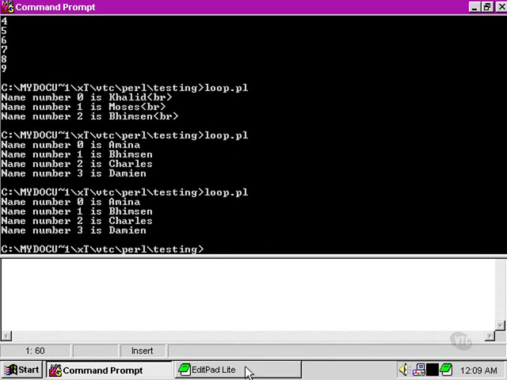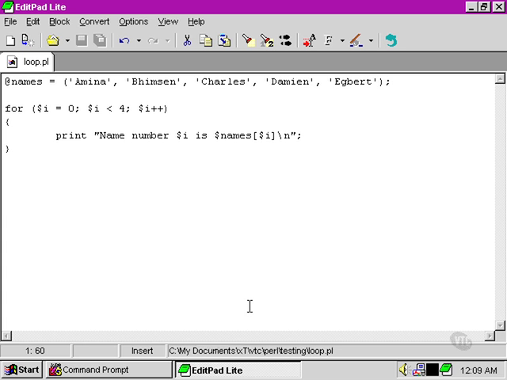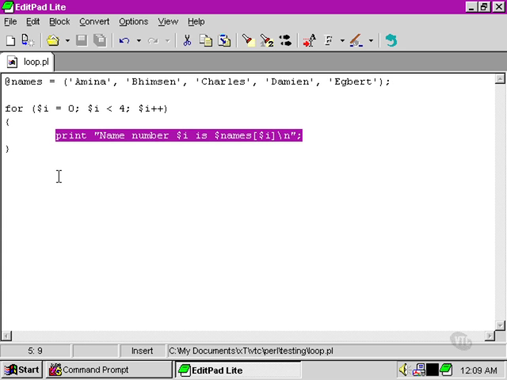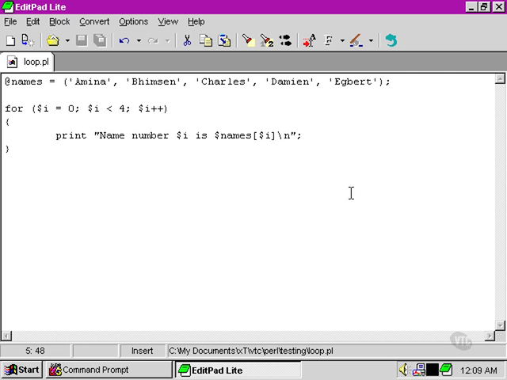So although our for loop is saving us some time by not having to write this line out 4 times, or as many times as the array is long, by using a static number 4 here, we're not able to make our for loop flexible enough to cope with a variable number of elements within the array. What we need to do is to find the highest value of the elements that are in the names array. Bearing in mind that we're actually looking for the total number of elements,